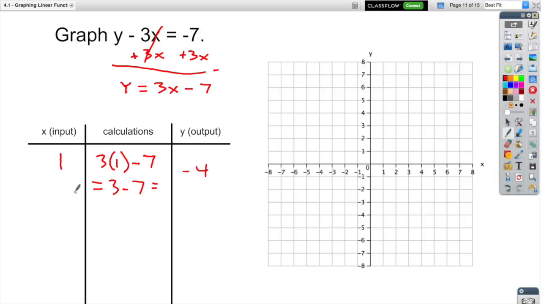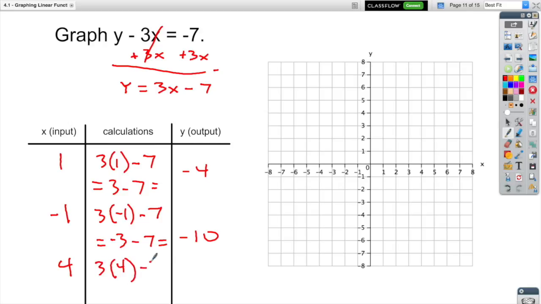Okay, again, let's pick some more numbers. Let's do negative 1. So 3 times negative 1 minus 7, I'm sorry, messed up there, equals 3 times negative 1 is negative 3. Negative 3 minus 7, that's negative 10. And one more. We got a negative, positive. Let's just do a slightly bigger number. Let's do 4. So 3 times 4 minus 7 equals 12 minus 7